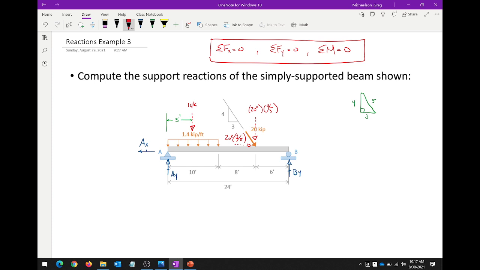18 foot from point A, but I don't know what you would consider that. Well, what I'm getting at is, could we sum moments at B? Yeah. Because we would have this reaction and this reaction, right? Remember, there's this principle in statics called the principle of transmissibility, that says that action from a moment perspective